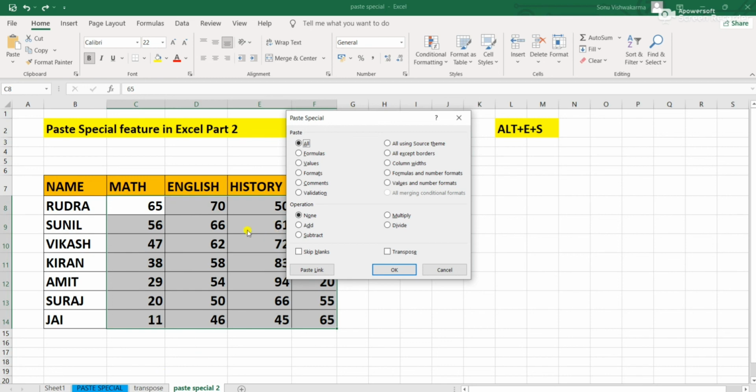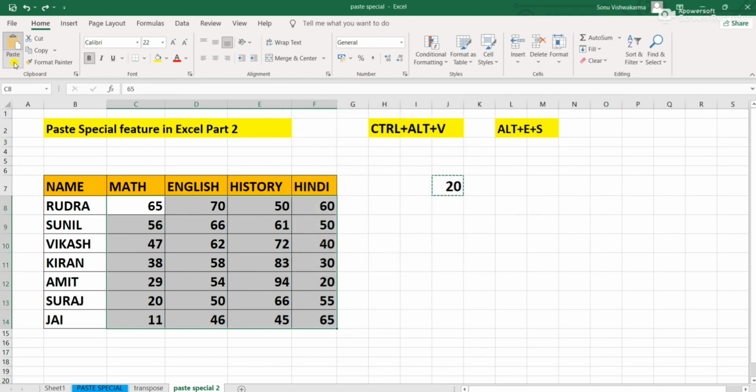There are some more features remaining which I will cover in my next session, because I don't want my video to be very long. The remaining ones are skip blanks, transpose, and some other special things, and I'll show you these features in my next session.